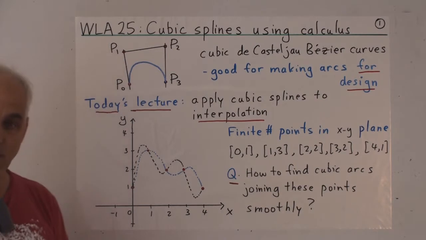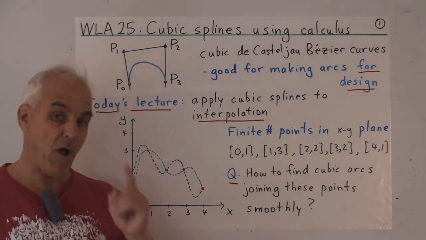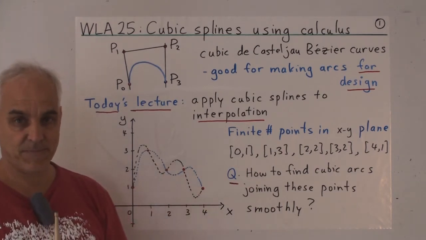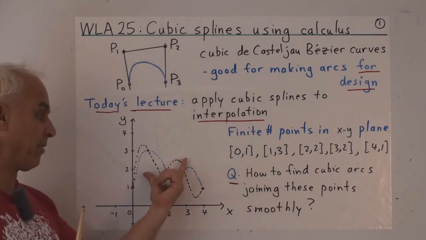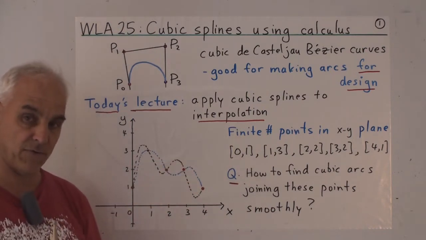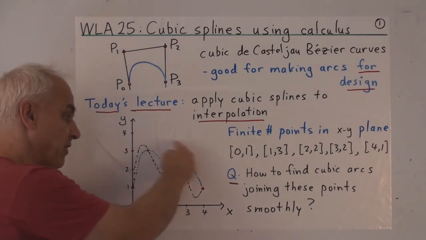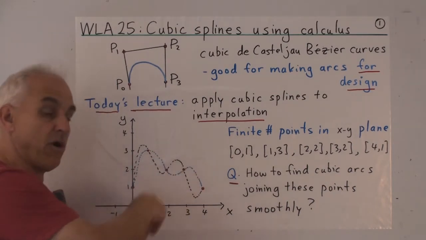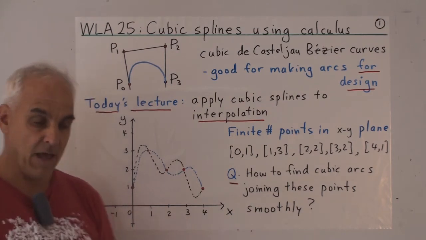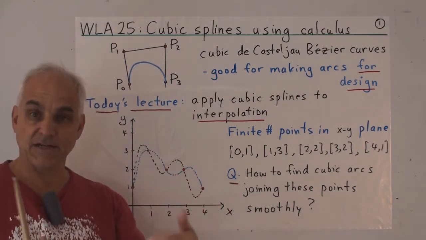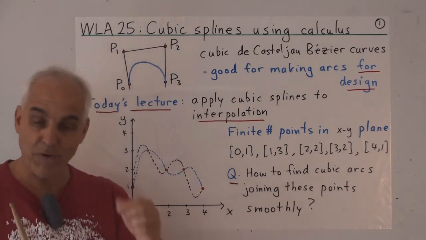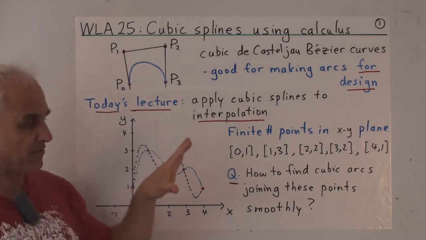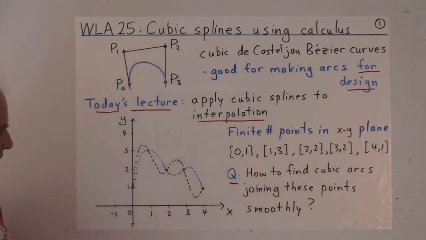One way of doing this that we already know is to find a single polynomial that goes through the number of points. So if we have 2 points, for example, then we can find a linear polynomial that goes through them. If we have 3 points, then we can generally find a quadratic that goes through them. 4 points, we can fit a cubic. 5 points, we can fit a quartic, and so on. As the number of points increases, the dimension or the degree of the polynomial that we need to use goes up.